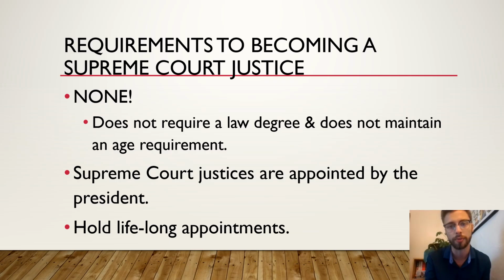The judges both of the Supreme and inferior courts shall hold their offices during good behavior, they can be impeached, and shall, at stated times, receive for their services a compensation, which shall not be diminished during their continuance in office. End quote. And when we look at some of the criteria that George Washington used when determining who was going to reside upon our first Supreme Court, we see that these requirements included support and advocacy of the U.S. Constitution, distinguished service in the American Revolution, a requirement we're not going to be able to really maintain anymore,